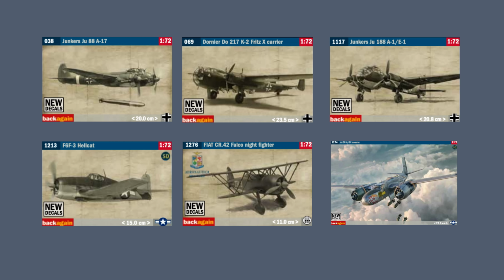There are no new mould releases in 1/72 scale announced so far, but a range of reissues with new decals, including the Junkers Ju-88A17 torpedo bomber, the Junkers Ju-188A1, the Dornier Do-217K2 with Fritz X glide bombs, the Grumman F6F Hellcat, the Fiat CR42 Falco night fighter and